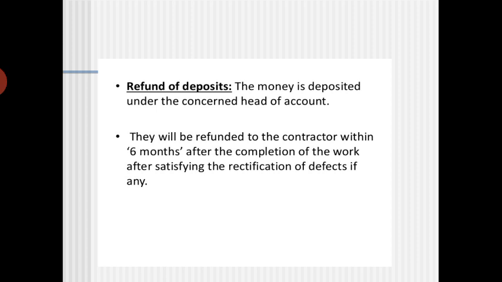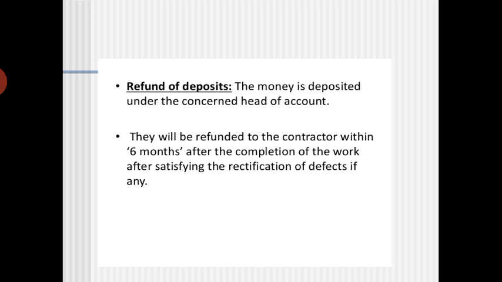Then the competent authority has to decide whether the money has to be given or not. If the third party inspection is not proper, if they have remarked on some of the things, then they have to be rectified. Of course, it is left to the decision of the competent authority whether to approve the money or whether not to give the money for certain works which are specified. So it will take some time, it will take some process for successful completion of the works. Even if they make the payment after 6 months, at least for the 6 months, whatever the work is there